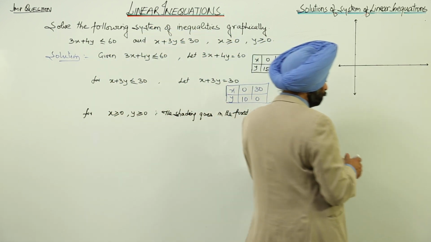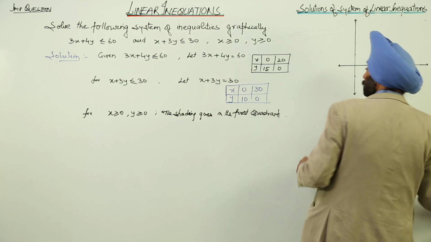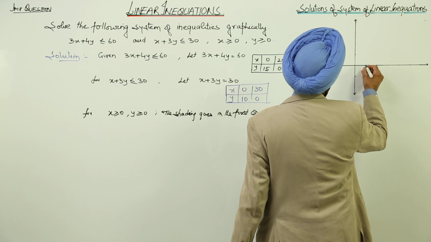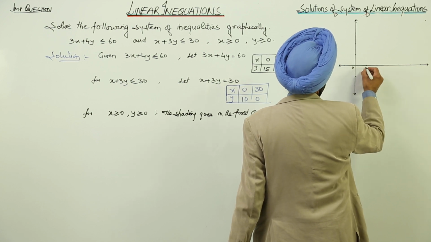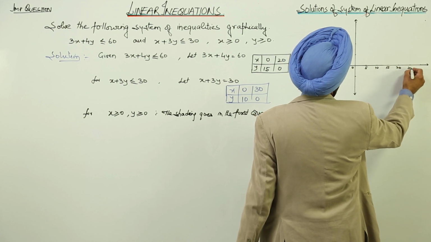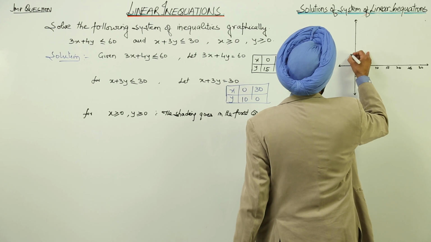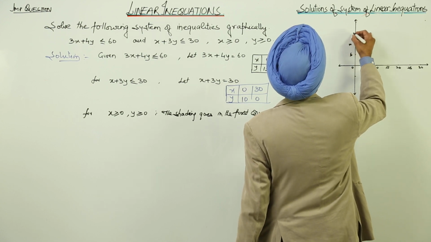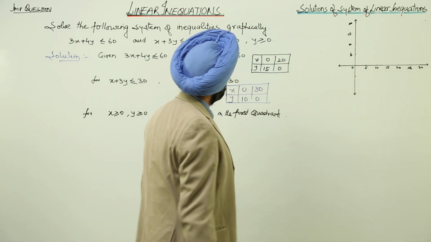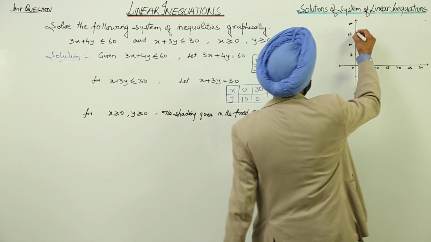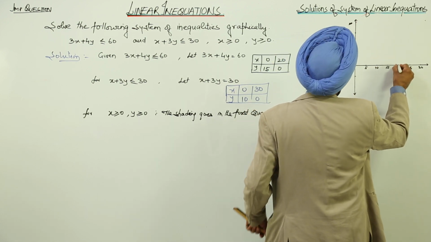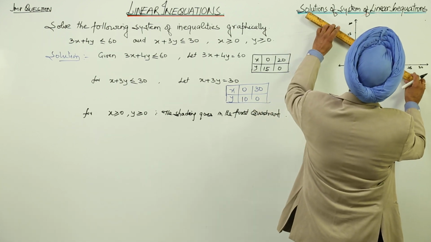Now we are having 0 and 15. Now suppose this is 5, this is 0. Now 5, 10, 15, 20, 25, 30. Similarly 5, 10, 15, 20. Now it is 0 and 15. So first point lies here, and then 20 and 0. So the line is